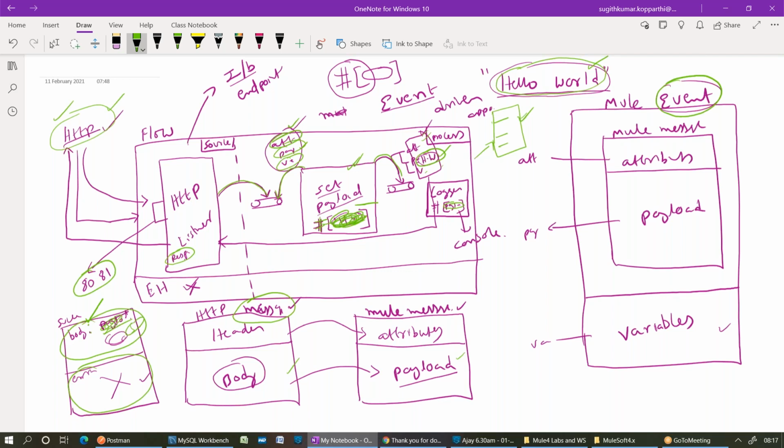Sujit, please go ahead. A Mule application has three parts: source, process, and error handling. Exactly. So without error handling also we can run this Mule application. My question is, without process also can we run the Mule application just using the source? Yes, we can. I just want to know what the mandatory parts are.